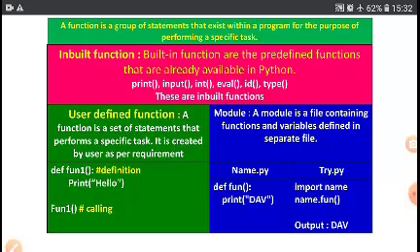Name.fun means I am calling the fun function of the name file, and then the output is dav. Means name.py and try.py are both different files saved in one folder, but I am printing dav from try.py by calling the fun function of the name file.